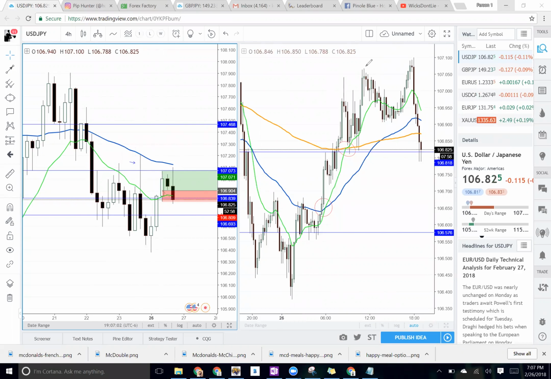the zones pretty well. My guess would be that we'll probably come down to maybe this area, but I normally don't see too many trades for Asian session on the beginning days of the week, so I'll probably stay out a little bit. I did take a quick trade with GJ